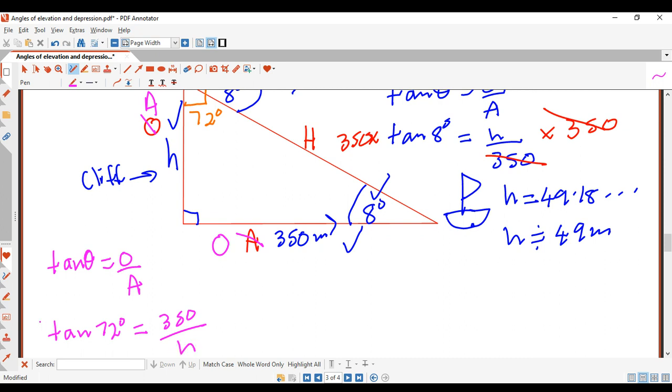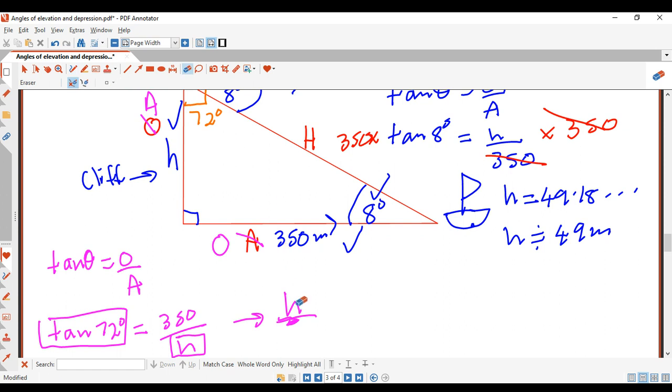The next step is to swap these terms around, so h is equal to